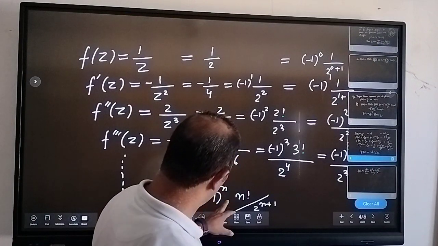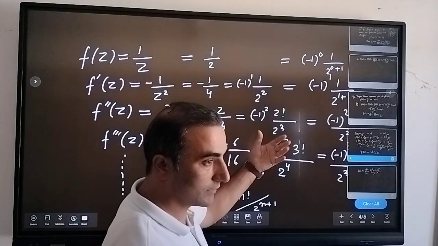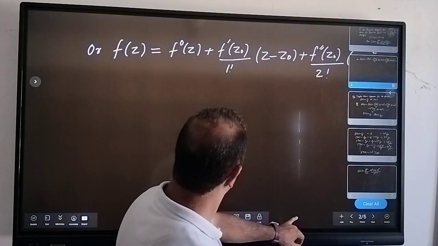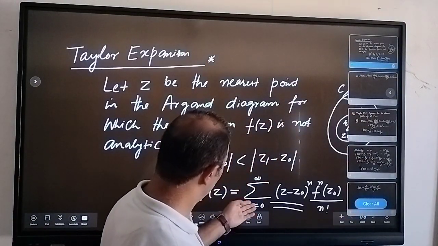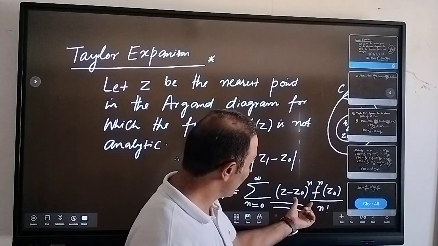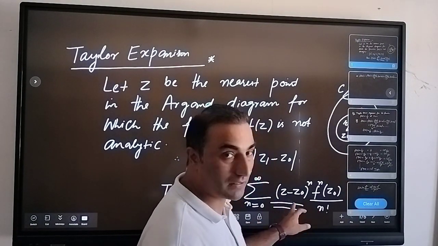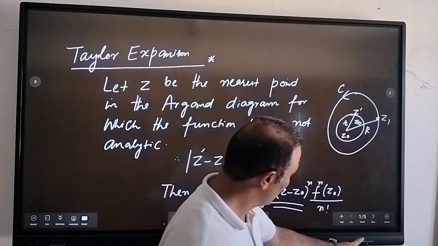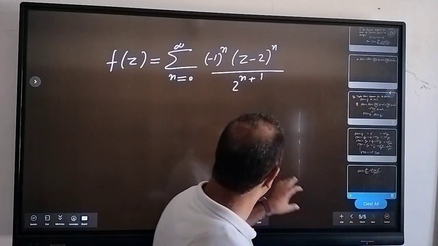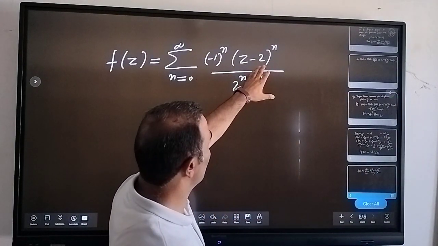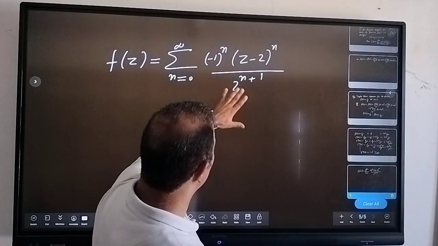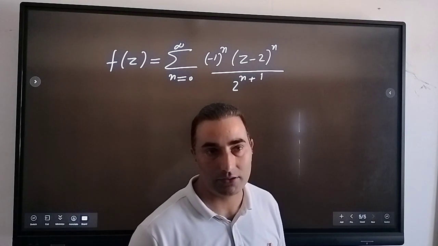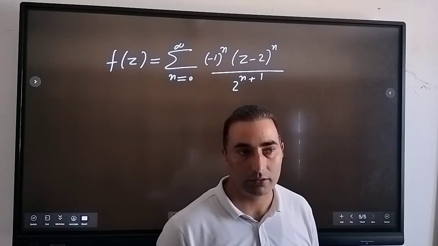When we write the Taylor series expansion, just go back to our earlier result. That means z minus z0, and our z0 is 2, so that's why I put z minus 2 raised to n, and we have f n of z0 equal to this value. So this is how I can write it: minus 1 raised to n, z minus 2 raised to n, over 2 raised to n plus 1. This is how you can construct this Taylor series expansion with the help of the Cauchy integral